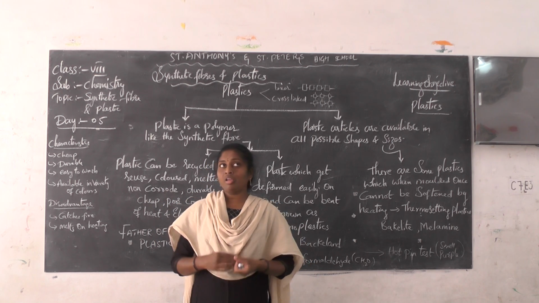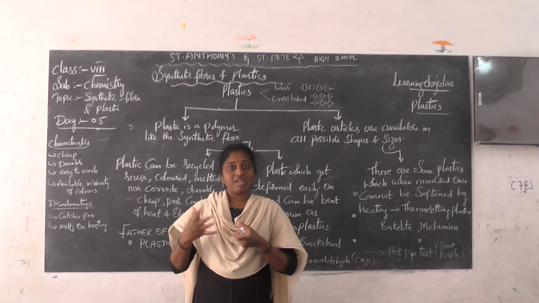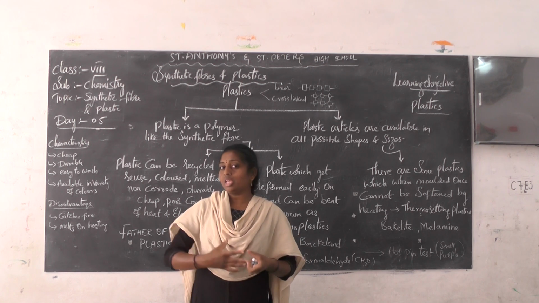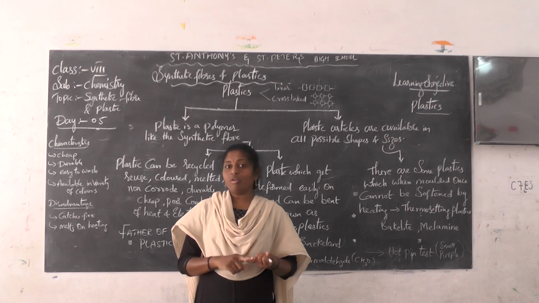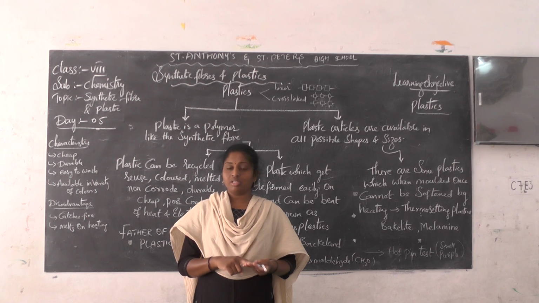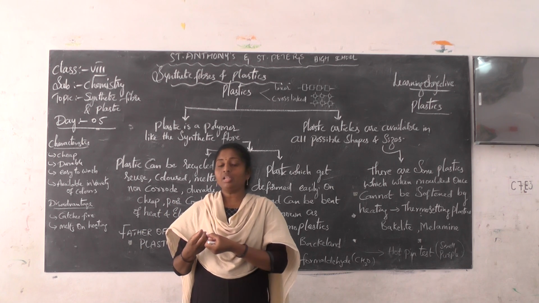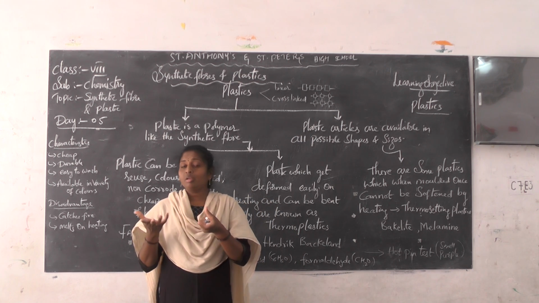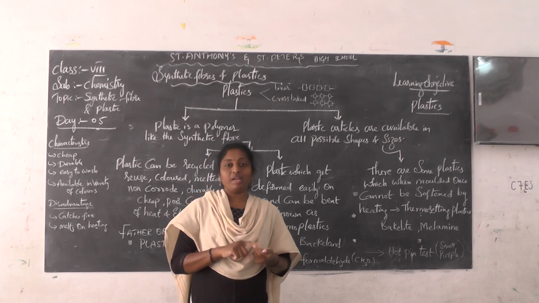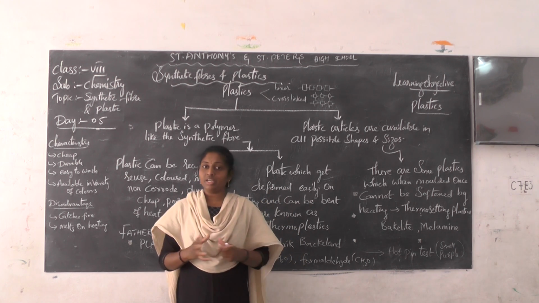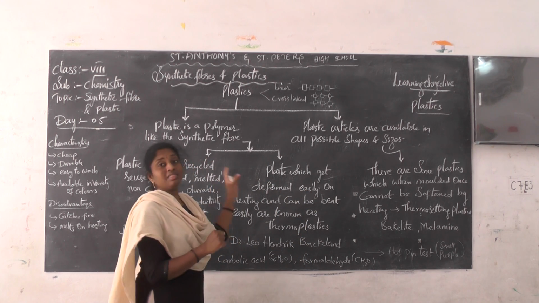Then later we studied how to identify the fibers by using the burning test. We did the burning test, observed the different types of smells and understood what type of fiber it is. Then later we studied nylon, rayon, acrylic, polyester. We studied the sources required for preparing those materials, the preparation and uses, and what blending is. So all these topics we studied in the previous section, which means we completed the whole topic of synthetic fibers.